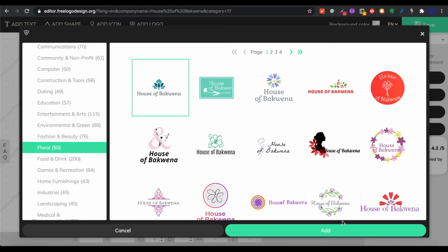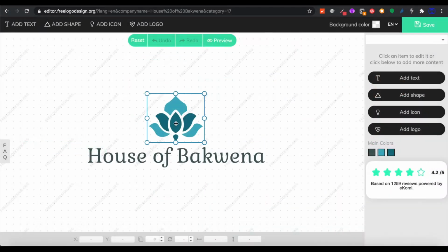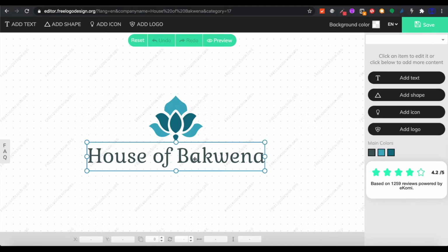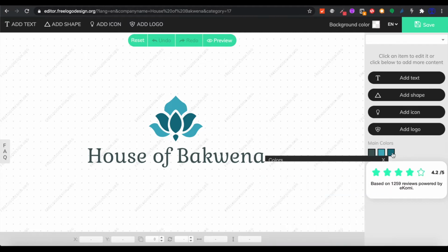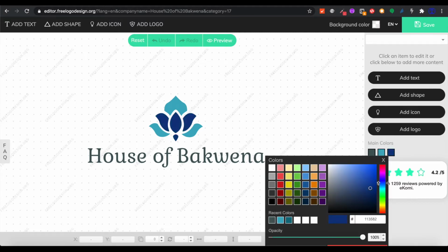So I'm going to pick that and click add. And once you do that, you get to this screen where you can edit your logo and change the text. I actually just like the way that it is. But let me see if I can't change the colors. I like blue, but not that blue. So let's just modify the blue a little bit there. And that as well, modify that blue to sort of a lighter blue. Okay, and say okay. And let's change that color to also be